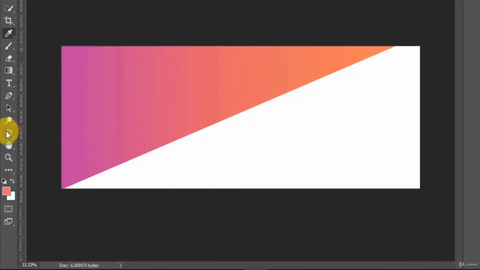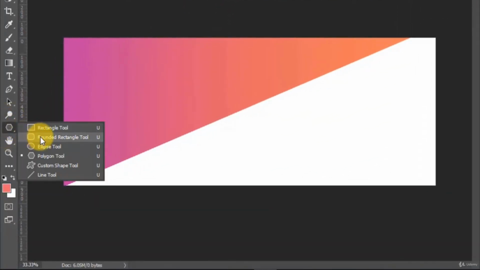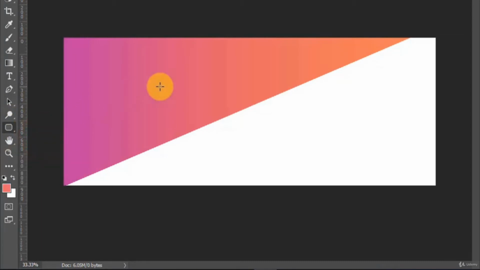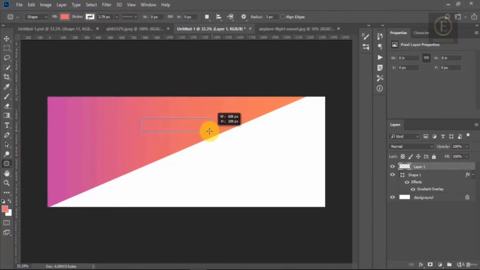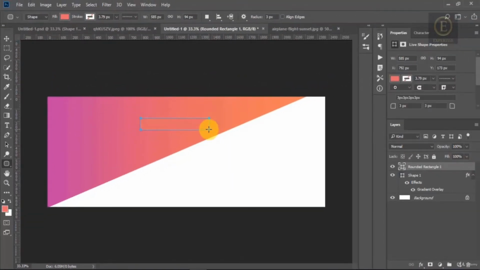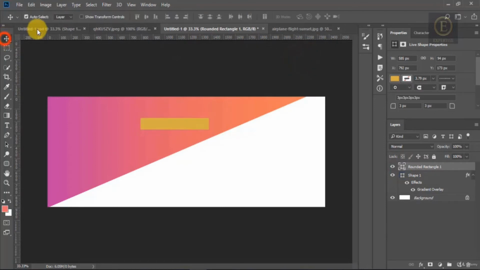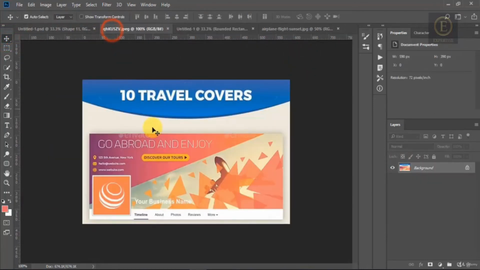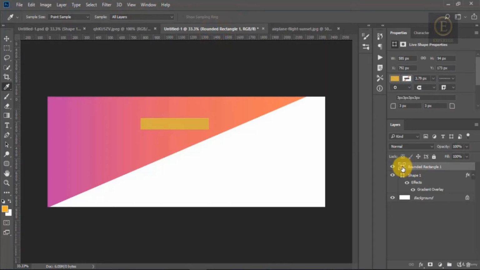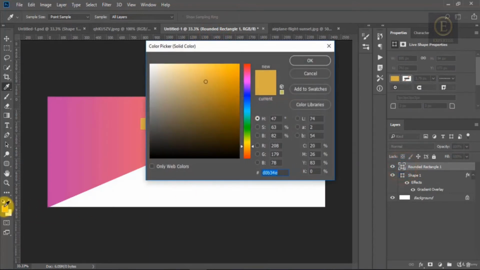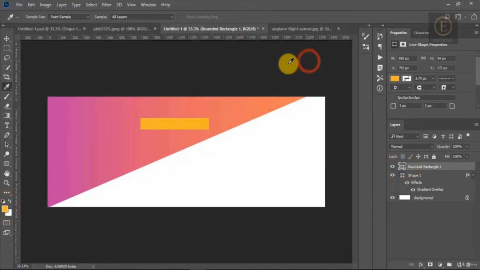to make that button, we choose the rounded rectangle tool, we change its color, just like the other one. We pick the color and we apply it on our rectangle. Okay,